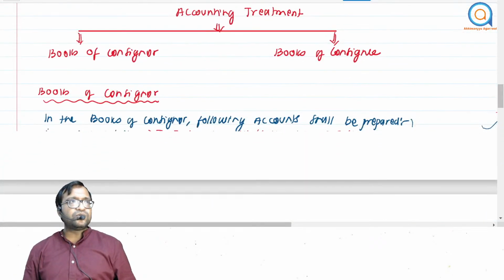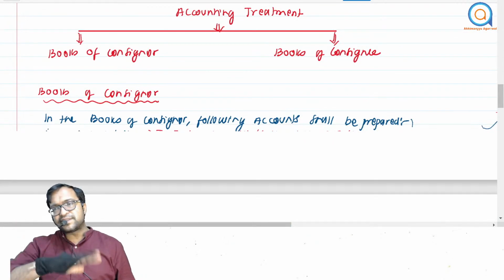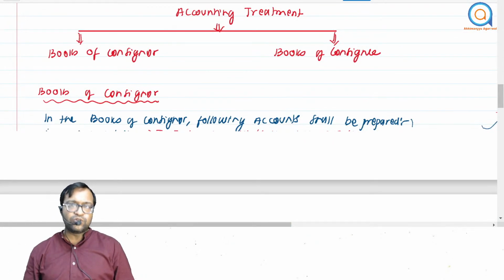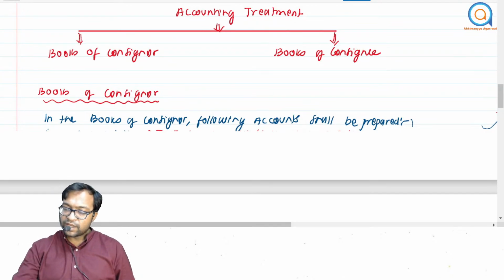You need to study two types of books. Number one, books of consignor, and number two, books of consignee. Two parties' books are to be understood. Now then,